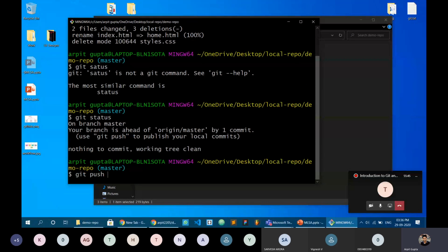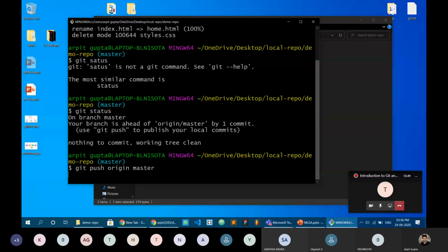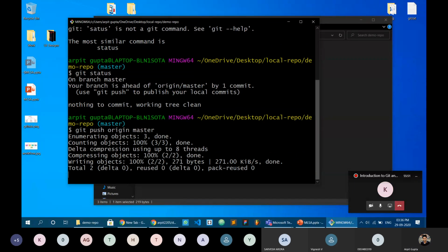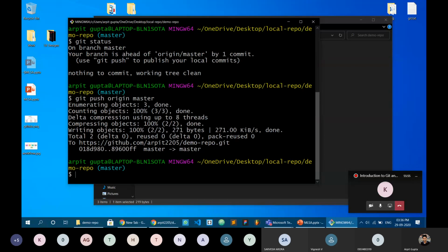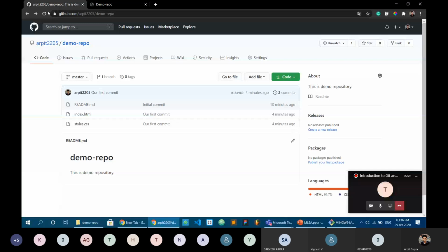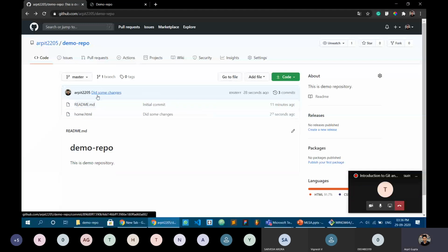And now let's push the changes. Push successful. Now let's see. And now you can see the index.html file is now renamed to home.html in our remote repository, and also the styles.css file is here no more.